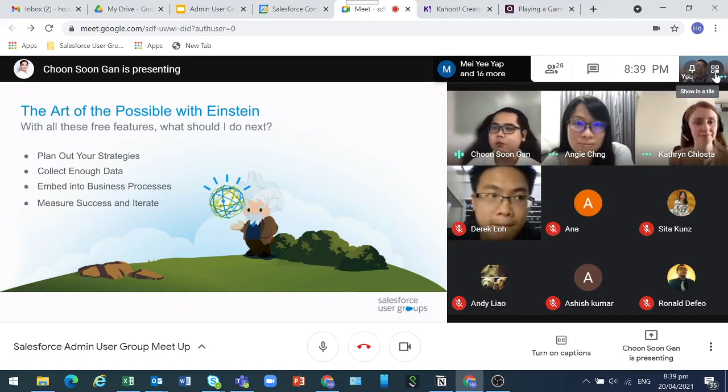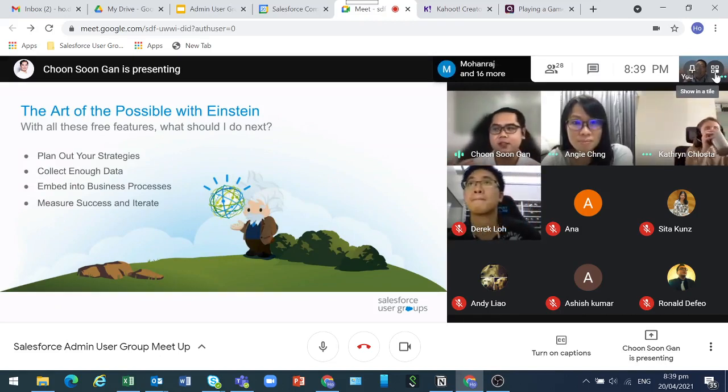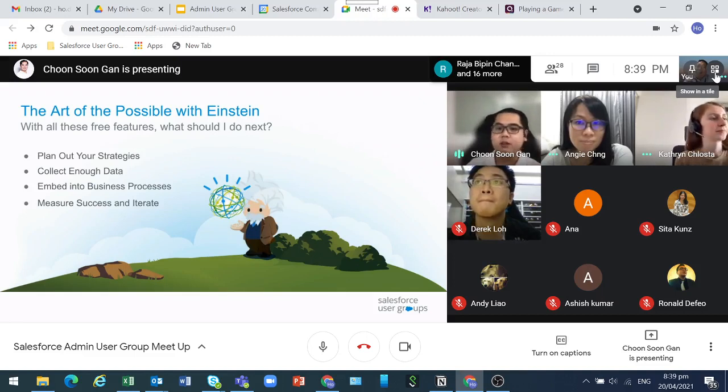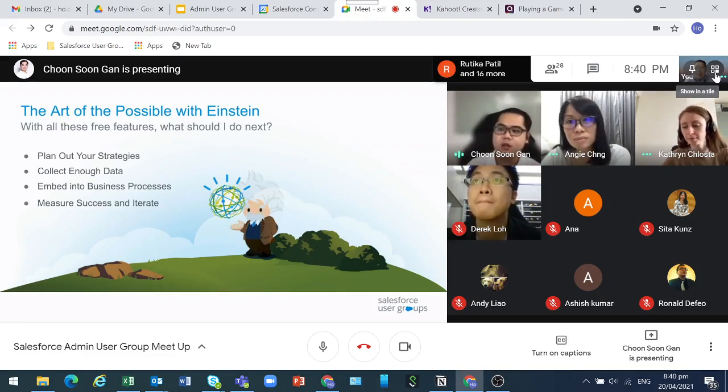Essentially, we have identified what are the free features that we have over here. We need to start thinking, what should I do next? There are so many free features. Where should I start? The key thing is to plan out your strategies to make sure that you know what your use cases are that you want to use, where should you use them, but more importantly, collect enough data. A lot of the use cases I've gone through before, if you don't have data to actually support them, then it's actually very difficult for you to build out some of these predictions or leverage some of these Einstein features